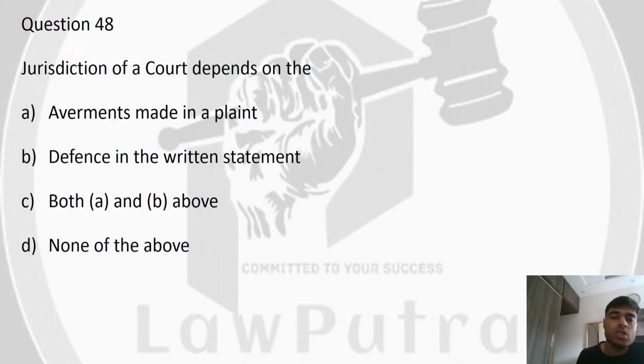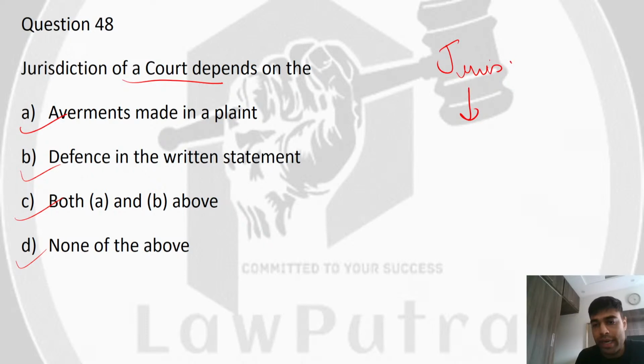Next question. Jurisdiction of a court depends on averments in a plaint, defense in the written statement, both A and B, or none of the above. Now it says jurisdiction of the plaint. There is a rule of jurisdiction that jurisdiction is to be decided based on the pleadings of the parties, and pleading